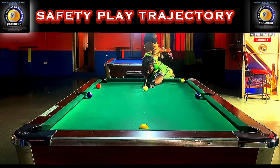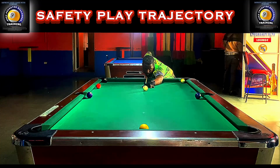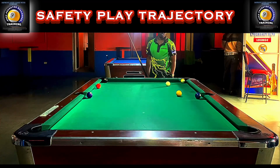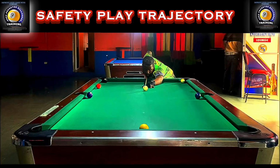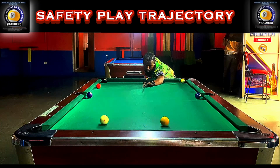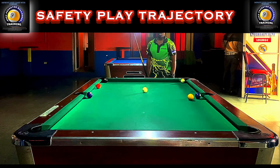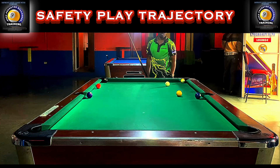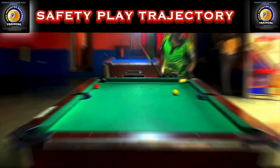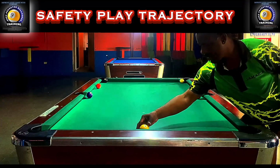Now, switching to the other side, of course, you will find that it's the very exact same thing here. A half ball hit on the object ball and coming a couple of cushions towards the 9-ball there in that case. And you can see that as we go here on the replay, that was maybe just a hair of side spin, just a hint there. And notice that as it comes off the cushion with that medium soft stroke, it starts to spread slightly. So you have to use this as a foundation towards you being able to do some of the things that